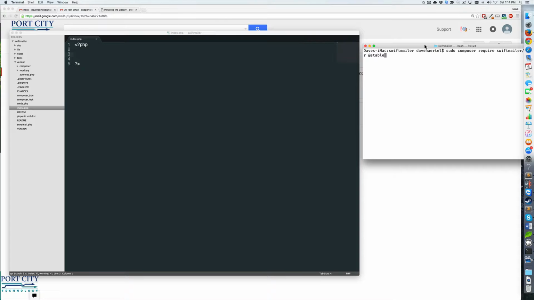I have Composer installed on my Mac, and it's set to run from global, since there's an alias in my bash preferences. So basically, from anywhere, I just need to run sudo composer require swiftmailer/swiftmailer and then @stable, which will give me the most recent stable release. All right, so I've already done that, and basically what this will do